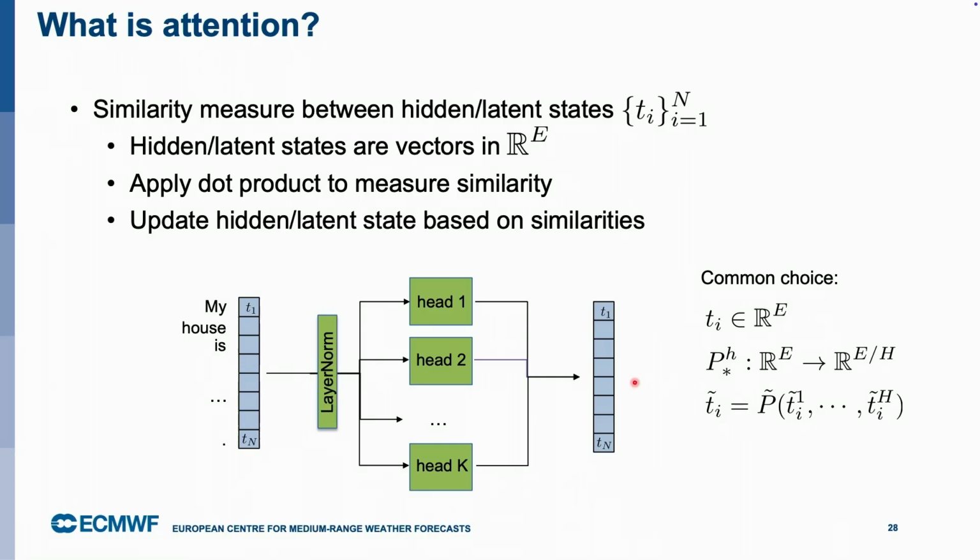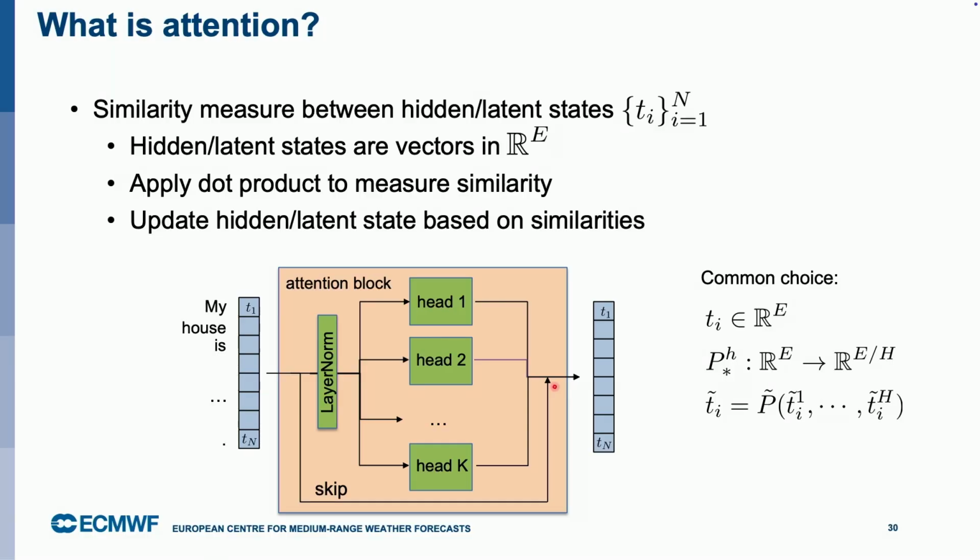What is typically added to this architecture is still a layer norm, because as I mentioned earlier, we typically want the activities of our model not to exceed certain values. So we often have these layer norms to stabilize our activities in the network, and having a layer norm before the tokens go into the heads seems to be very promising. And then we have a skip connection, basically to make the model learn deltas instead of predicting everything in absolute values again. And this is already it. This makes our attention block.